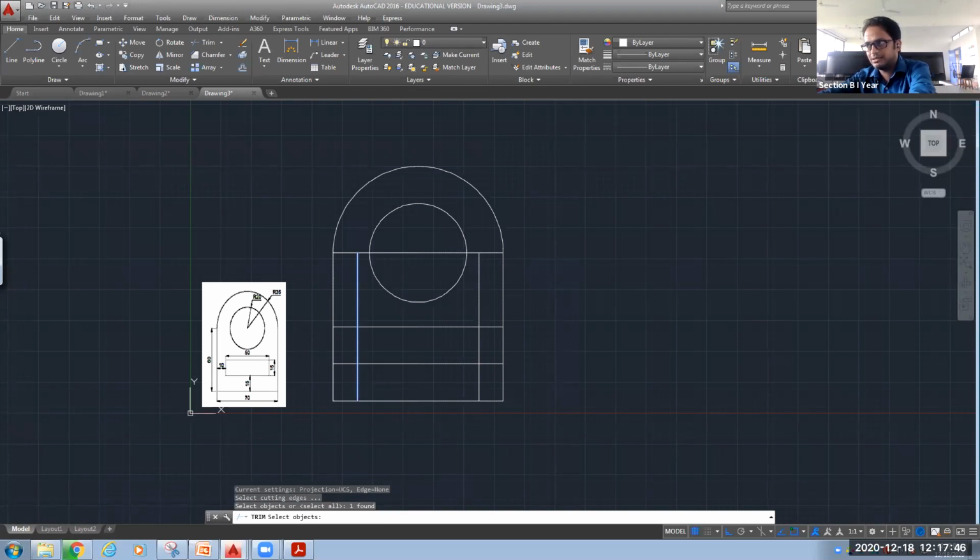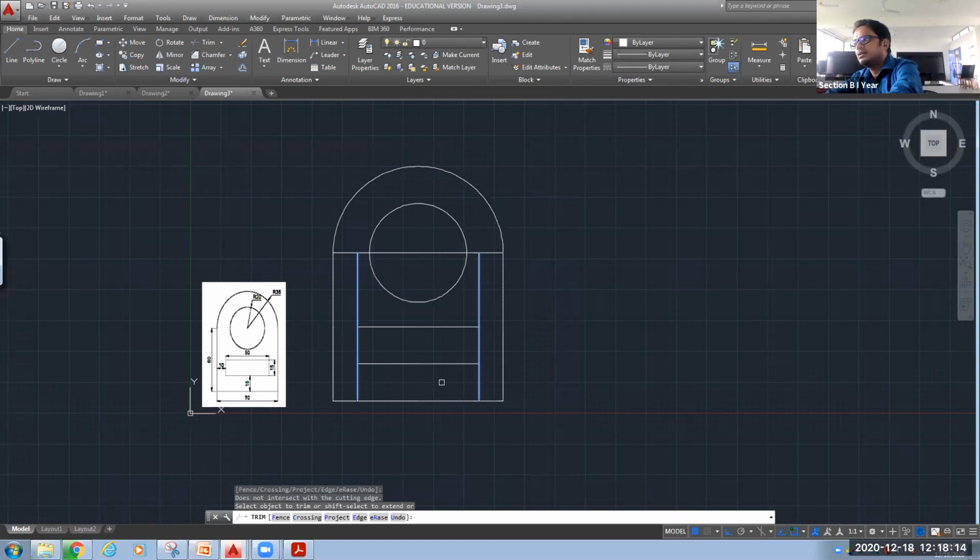You can see one line which I have selected is somewhat blue in color. Now press the shift key. Select the other line. Now you can see two lines are in blue color. Now press enter. Two objects have been selected. Now press enter. Now the line that we don't need, you can click on that part and you can see it will be erased.